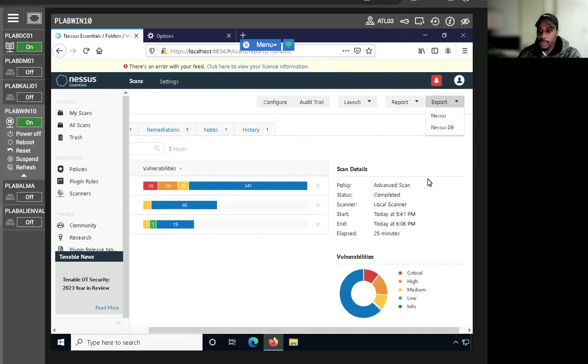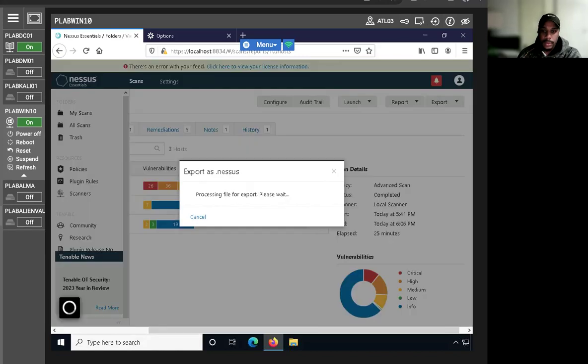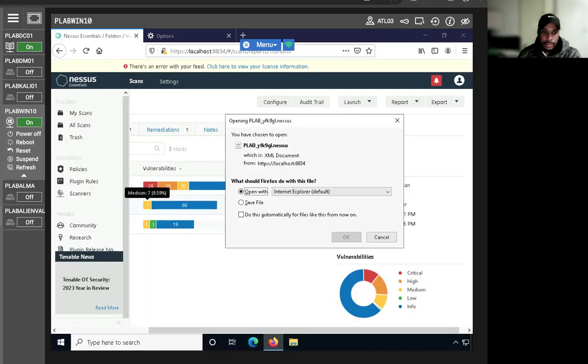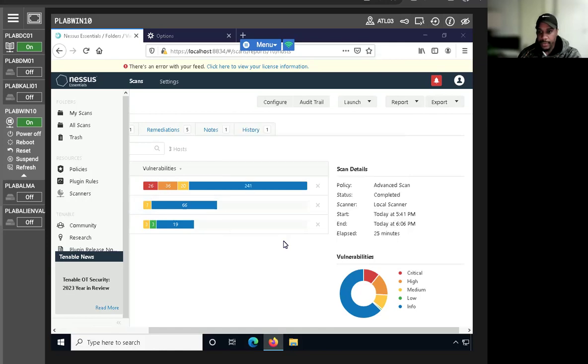Export. That's it. And just save the file, right? All right, perfect. All right, so now we can move on to our next exercise, which is actually going to